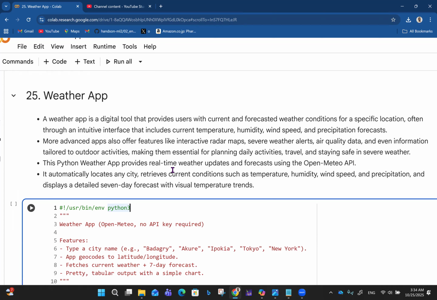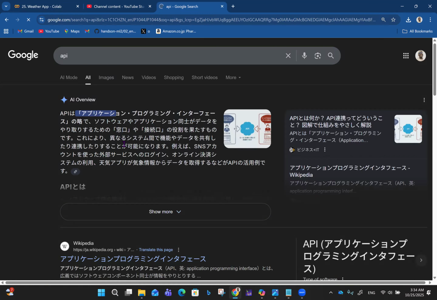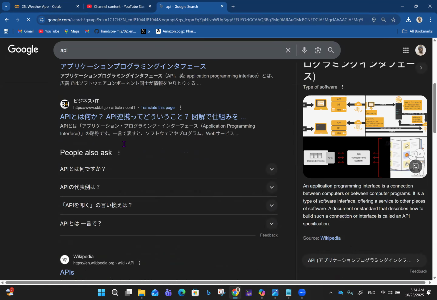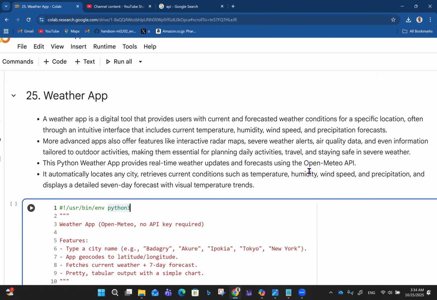So this Python weather app provides real-time weather updates and forecasts using the Open-Meteo API. So we're using an API here. By the way, an API makes different programs interact together. That's application programming interface. In this case, we are using the Open-Meteo API, because it gets updated from time to time about the weather situation in different places